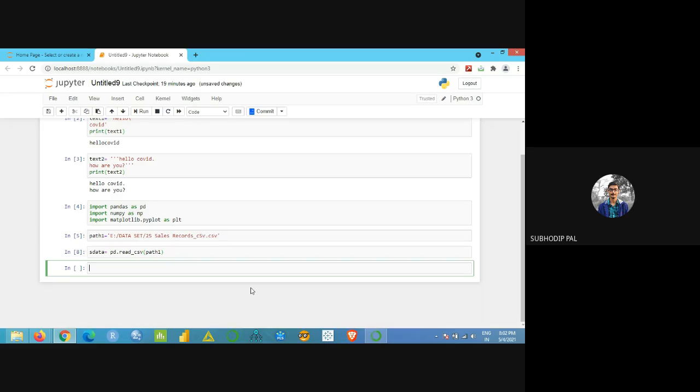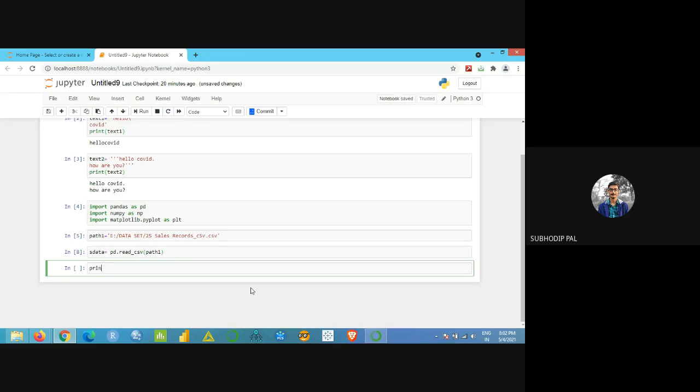Now my main aim is I want to see whether my file has been imported properly or not. So in RStudio, what I used to do? Head and tail, right? Head for first how many rows? First five, right? So here also we'll be using head and tail commands, but in a different way.